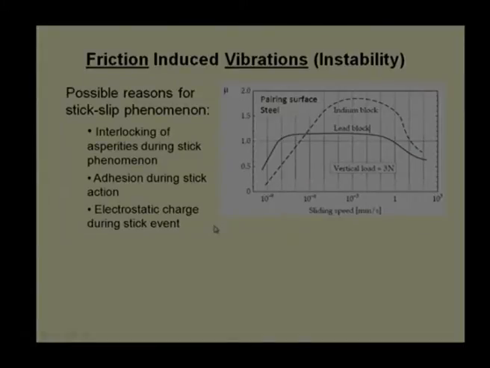And last is the electrostatic charges. There is a molecular attraction, and they may not be making a cold junction, but they have an attraction force that will be broken and again reformed, again broken and again reformed. These three mechanisms can describe why the stick-slip phenomenon happens if we are trying to operate a machine in a very low